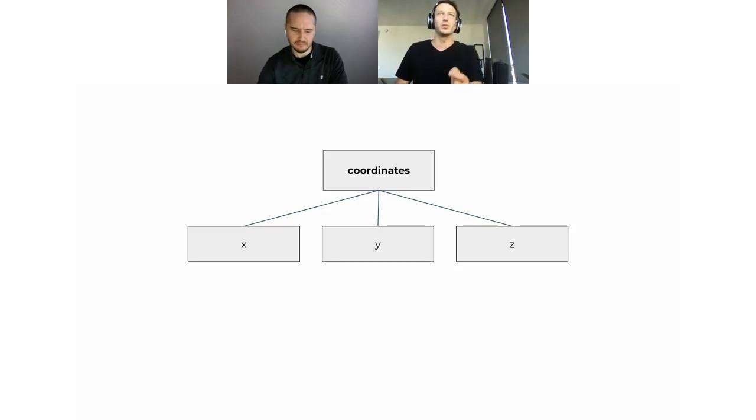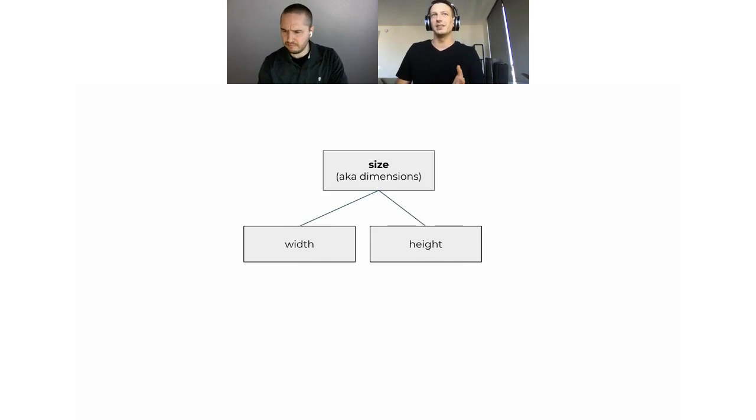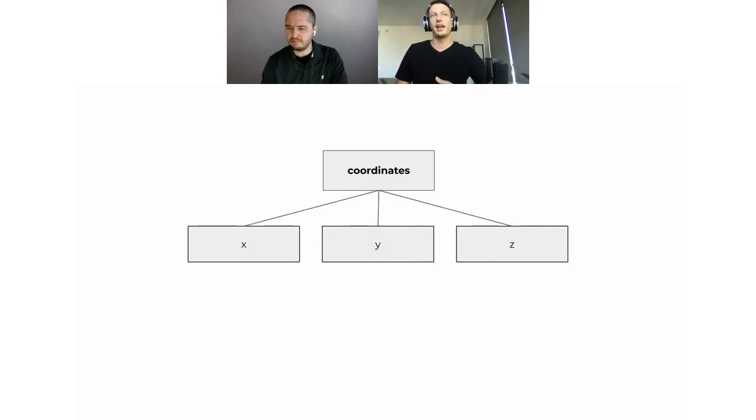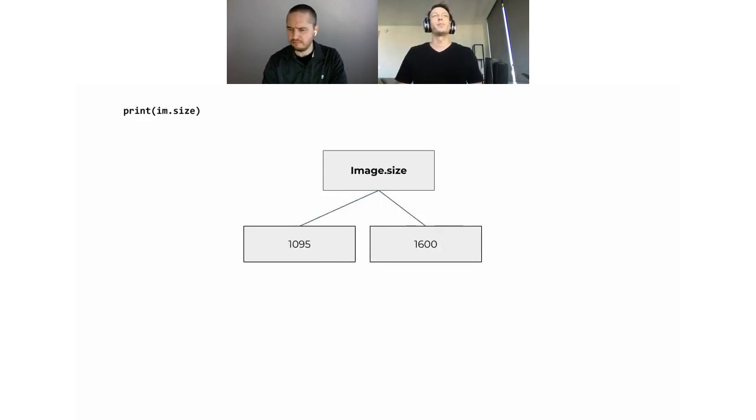That doesn't have to just be two items. You could also have coordinates that have three dimensions, an x, y, and a z. That would be a tuple of 3, or a 3-size tuple. So the attribute image.size, what we're calling when we say print im.size, is two separate numbers, 1095 and 1600,